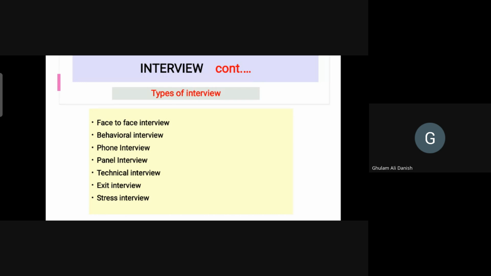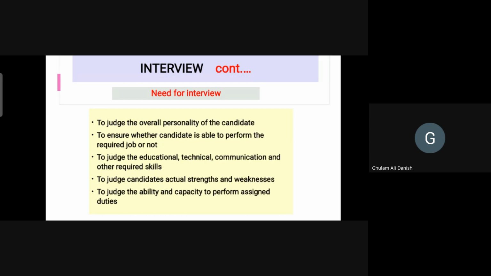You have to be very clear. You should be a very active listener. The questions these people are asking, you have to listen to systematically. Only then can you face them. So what are the needs for an interview? Why do we need an interview? We need an interview so that we can judge the overall personality of the candidate. We can ensure whether the candidate is able to perform the required job or not, whether he is fit for the job or not. The third thing required is